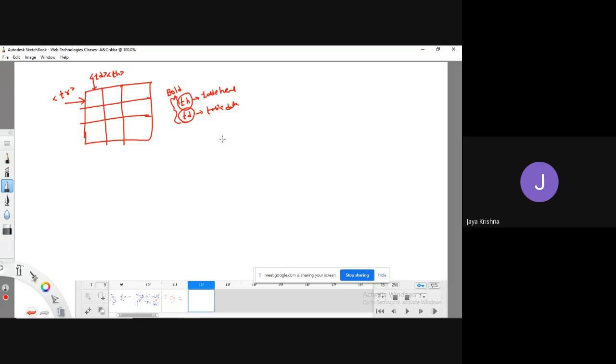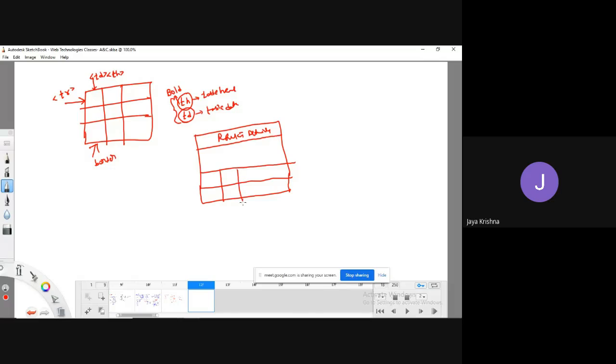For a particular table, I may have various kinds of borders. For example, I would like to create one table like this, RGK details. Those details are in the form of 4 columns.